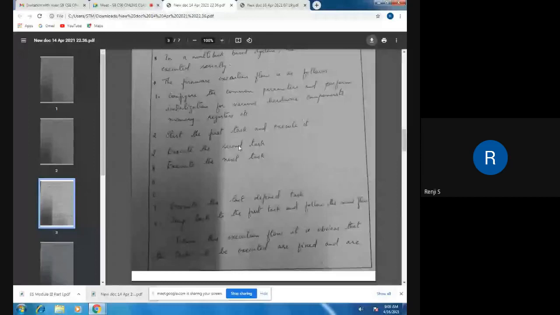And then in the seventh step, when the last task has been completed, in the eighth step we jump back to the first task and follow the same procedure. The first task is in step 2. In step 2 we have written that we have to execute the first task, so it will go back to step 2 and execute. Again, when it reaches the seventh step, when all tasks have been completed, in the eighth step it will go back to the second step. And this successive loop goes on infinitely. So such a looping technique is called the super loop approach.